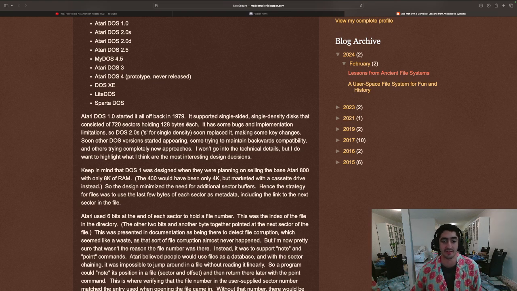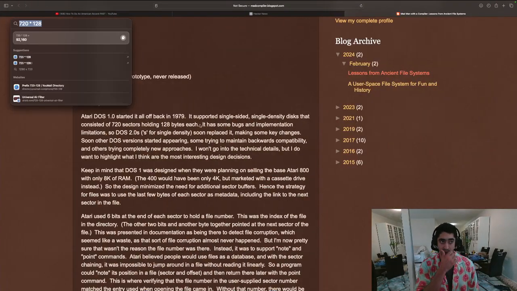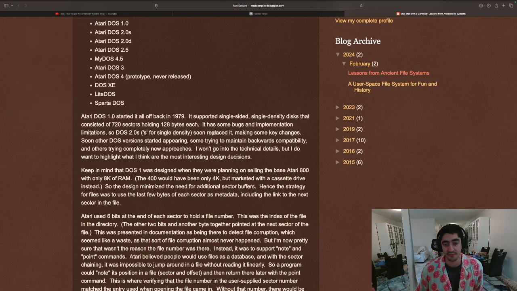Probably a JSON file is how much was it? 92 kilobytes right now. Anyways, it has some bugs and implementation limitations, so DOS 2.0's S4 single density soon replaced